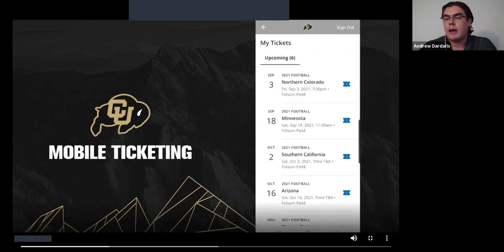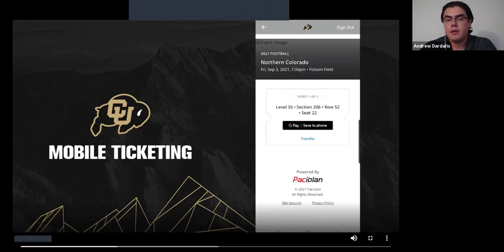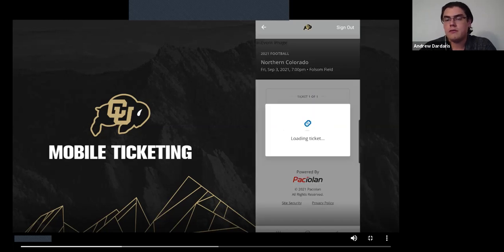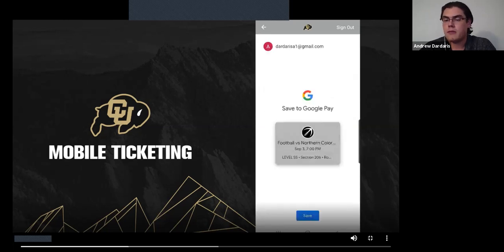So as you keep navigating through, I'm just going to select that first Northern Colorado game, and it's going to pull up this image of my ticket here. It gives me the level, section number, seat number, row number, and then seat. Essentially it's going to give me two options here, to either save it to my phone or download it to Google Pay. So you'll see here in a second, once I click on save to my phone, it prompts